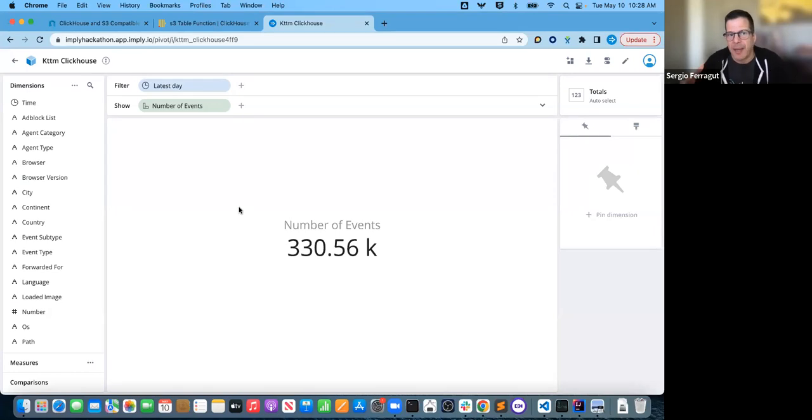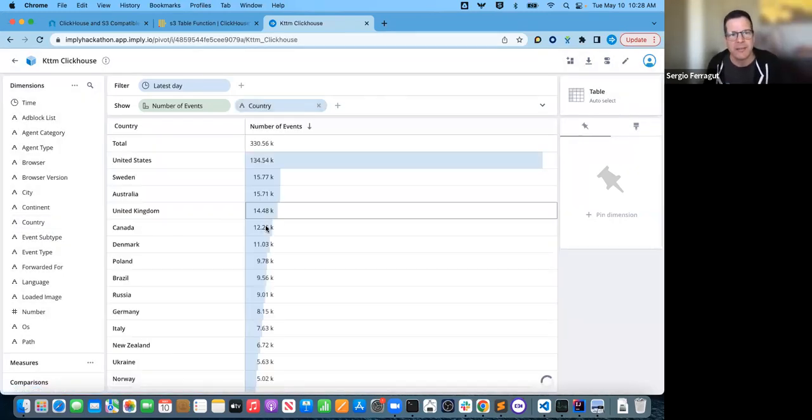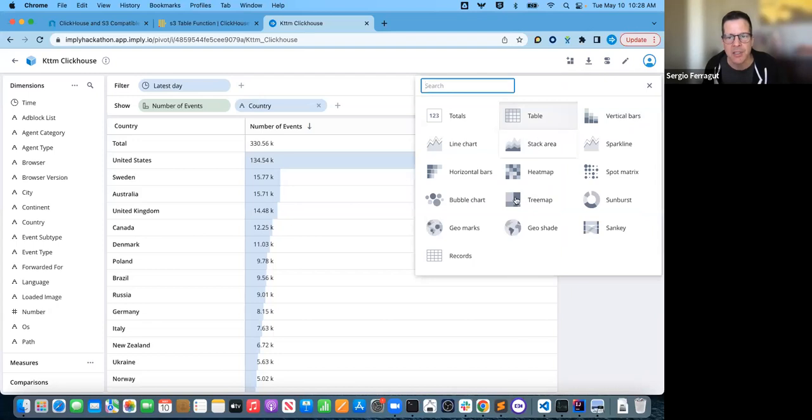This by itself is an analytic environment that demonstrates the kind of real-time analytics this database can do. Just to show you an example, we can bring in country, and it generates a query to the database, grouping by this dimension. You can change visualizations here.